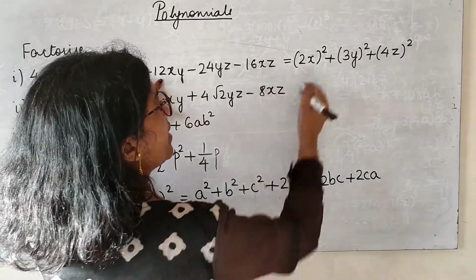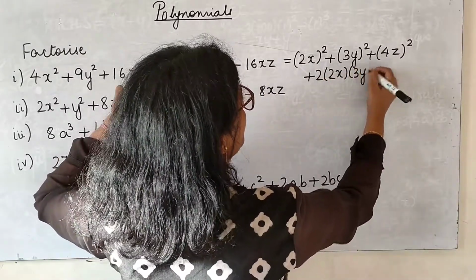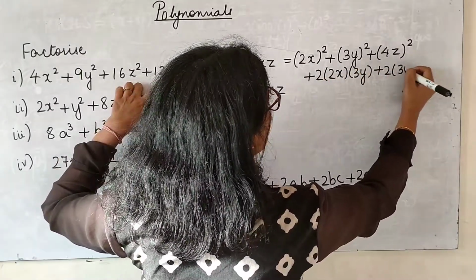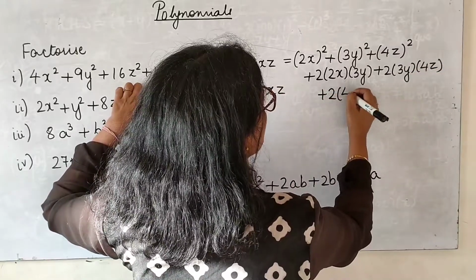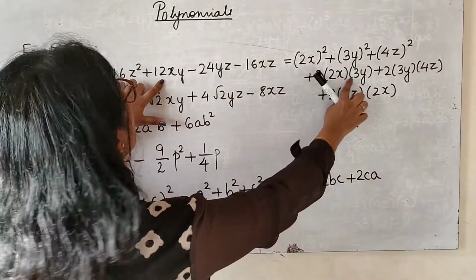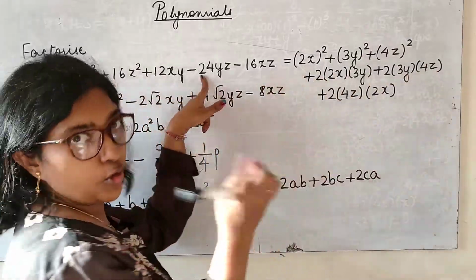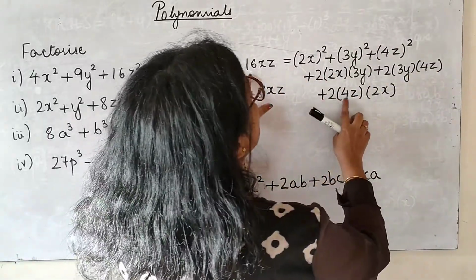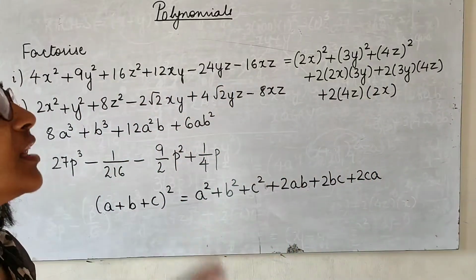You simply write the formula 2ab plus 2bc plus 2ca and check now. 4 3s are 12, 6 4s are 24. We will go to the sign now. 4 2s are 8, 2 8s are 16. The problem is only with the negative sign.